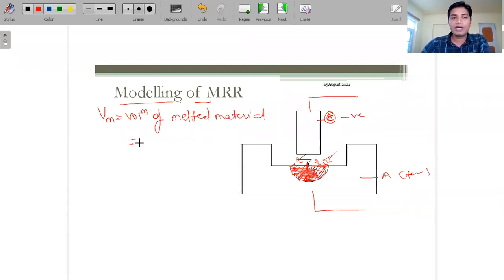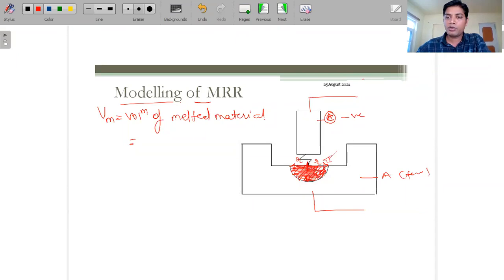will be equal to that. Guys, let me first brief you on why I am taking this, because we are going to model the material removal rate. What is the material removal rate? In ECM we discussed it per weight, weight per unit time, in grams or kg per unit time. But here we are not going for that; we are going for how much volume is removed. So this is basically the volume which is removed.